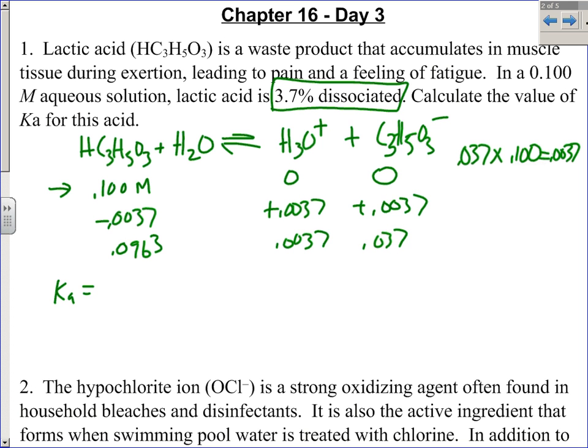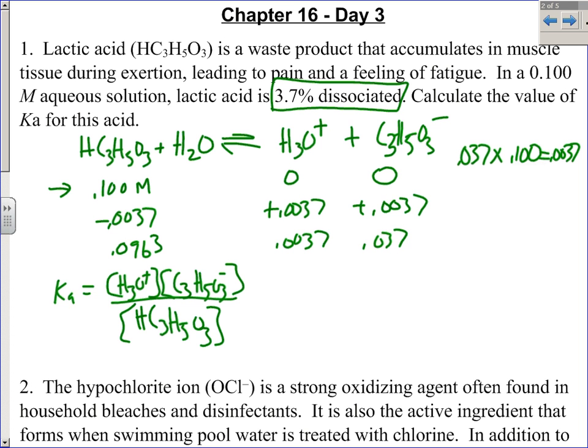So the equilibrium expression in this case would be the concentration of H3O plus times the concentration of C3H5O3 minus all over the concentration of our acid, which is HC3H5O3. Remember, those are equilibrium conditions for all those, which in my ICE box setup here, I just determined what all my equilibrium concentrations are, so I can plug those in. On top, I'm going to have 0.0037 times itself, so that's squared, all over